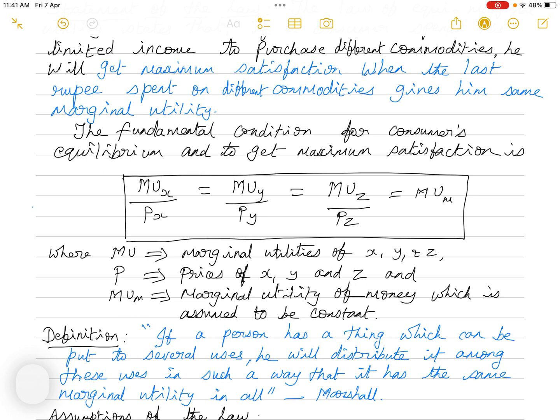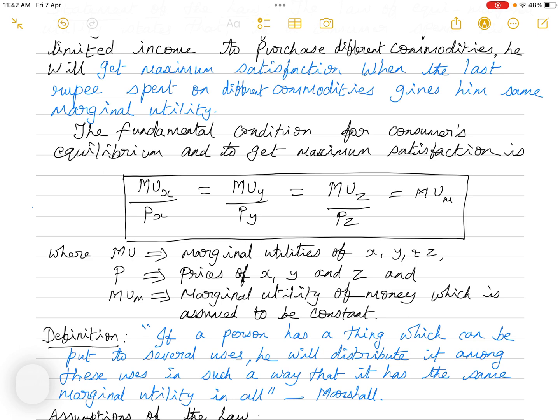And px is the price of x, py is the price of y, pz is the price of z, and MUm is the marginal utility of money, that is its pocket money. For the sake of convenience, we are assuming it as constant. Okay, so if the consumer satisfies this condition, if this ratio is satisfied, then the consumer will be in the